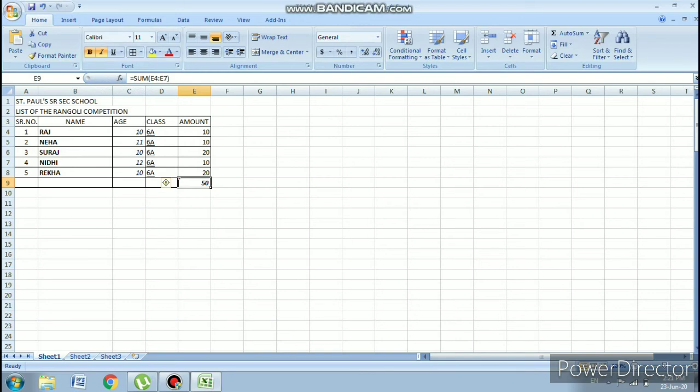Now you simply note down the shortcuts for this font tool. Control B for bold, Control I for italics and Control U for underline. I will tell you how. When you click once again over here, it is already bold. You click on B and now you can see it comes to the original shape. So I will press Control B. When I press Control B, again it gets bold.